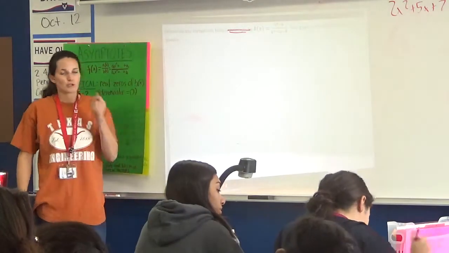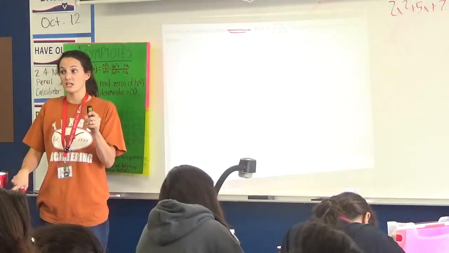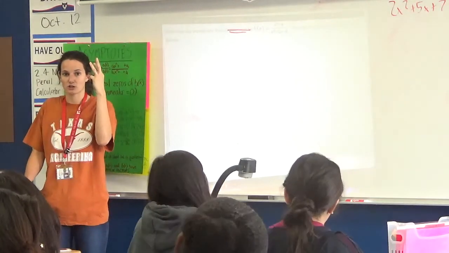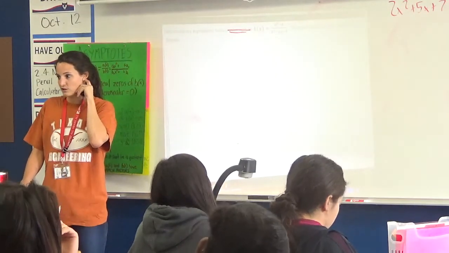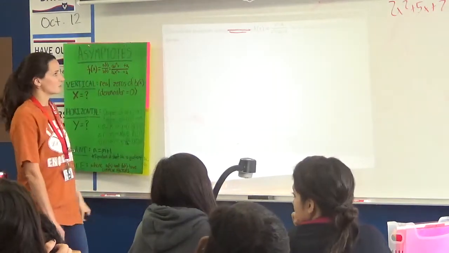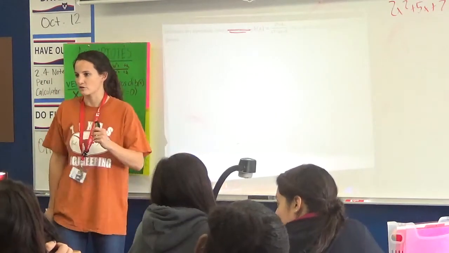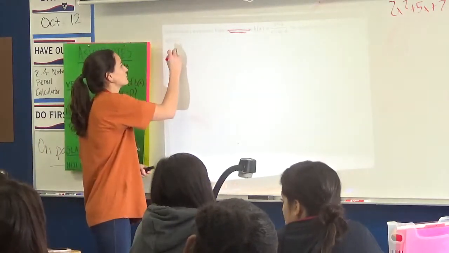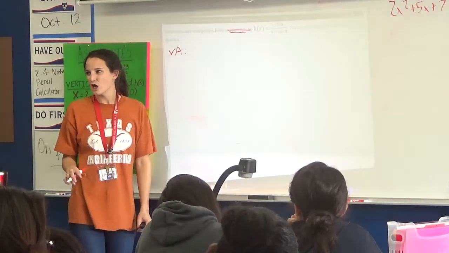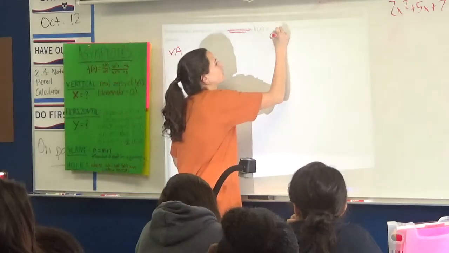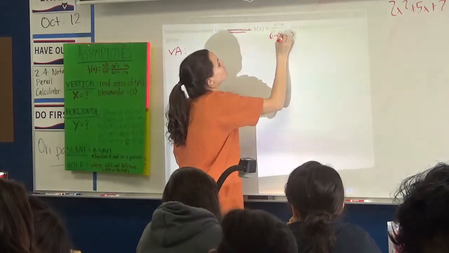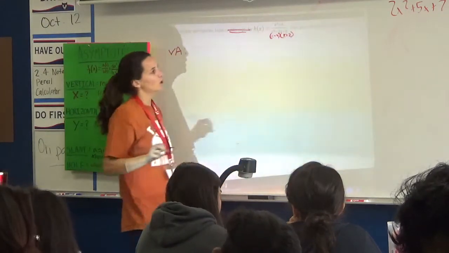Okay, asymptotes and holes. For asymptotes, we need to check horizontal, vertical, and now we want to make sure we don't have any slant or oblique. So let's run through this together. Nen, you get to pick this time. What do you want to start with? Horizontal, vertical? Vertical. She says let's do the vertical first. Same as Melanie. Okay, so we're going to find our vertical, which is where the bottom is 0. I'm going to make this a little easier for you and factor it to speed us up. It's x minus 4 times x plus 2.